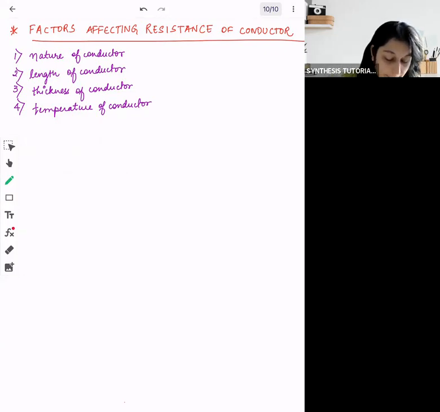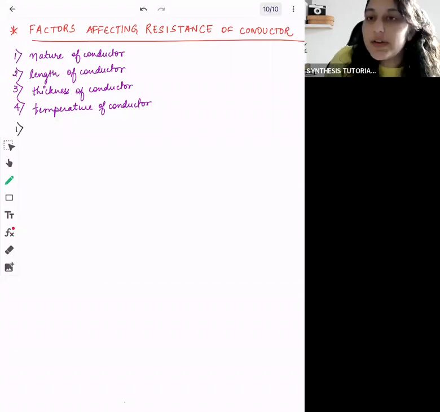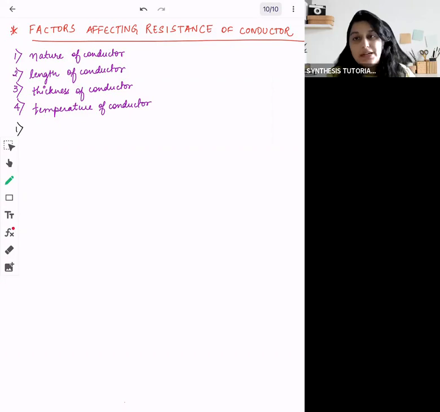So now the first is the nature of the conductor, which basically means the material composition. So first point is the material of the conductor. So it's very specific, but of course, even the materials, we know that there are certain materials which are conductors, and then there are certain which can be classified as resistors and the others as insulators. So this will obviously affect the resistance, right?